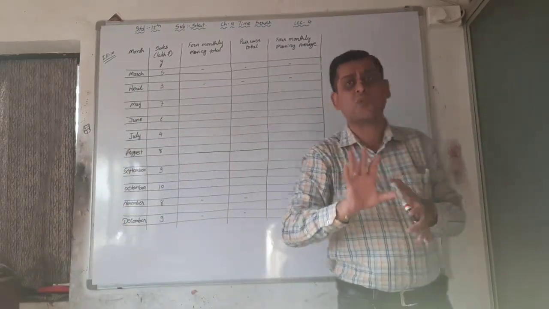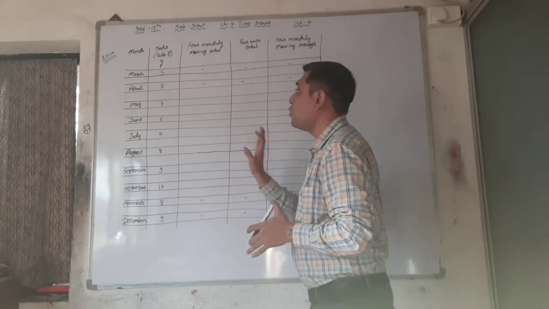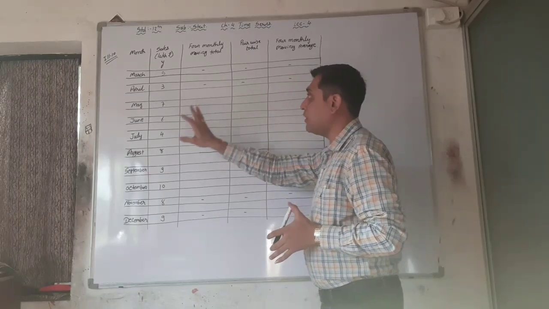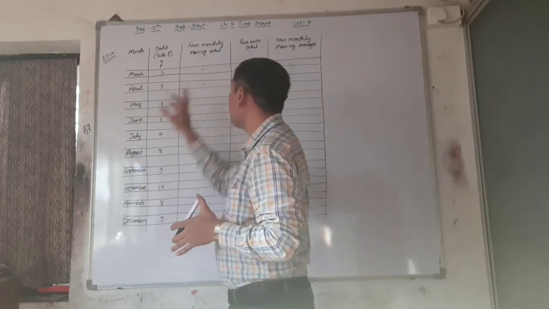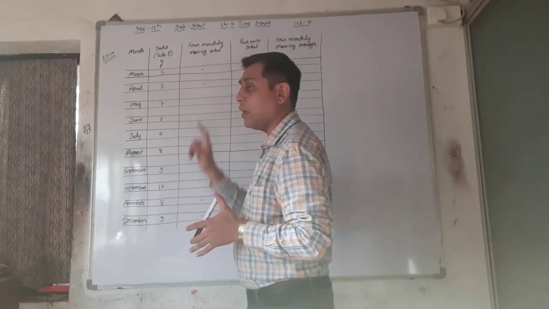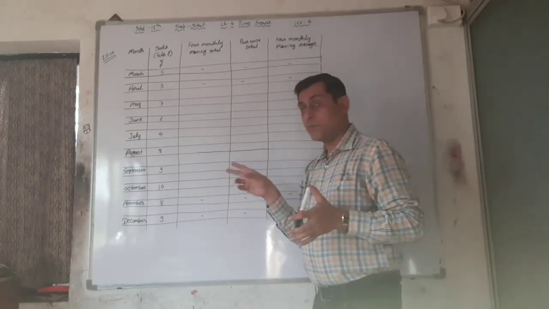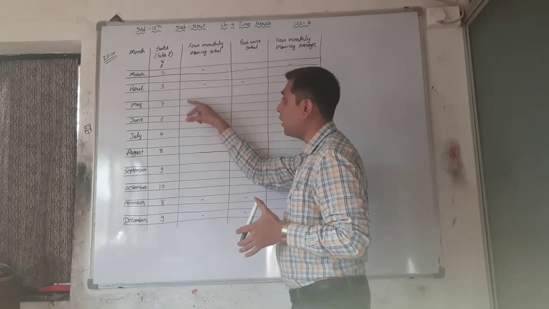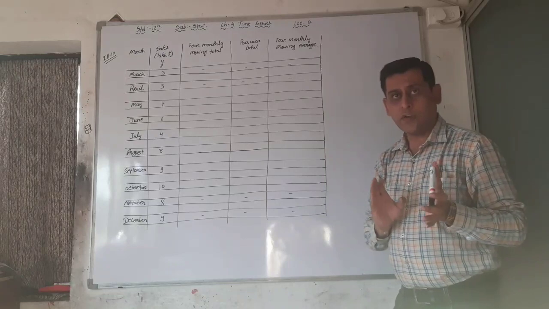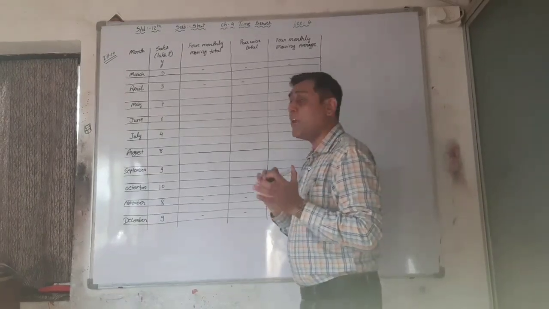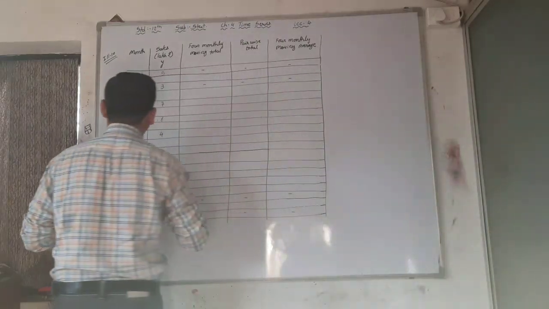It is compulsory. That's why I am doing it like this at the start of the sum. And you have to prepare the table like this. First of all, you have to write down the month and sales, which is given in the sum. Then the 4 monthly moving total, which was already done in illustrations number 8 and 9. That is the 4 years total: 1, 2, 3, 4. Whether 4 year or 4 week or 4 month, whatever is given, the 4 month total. We have to write it into the center.